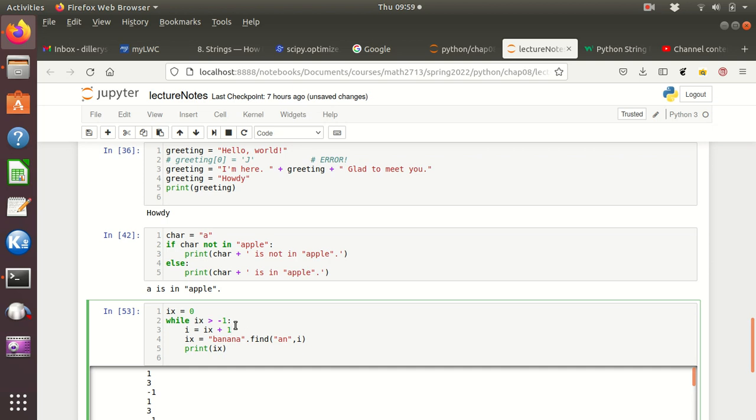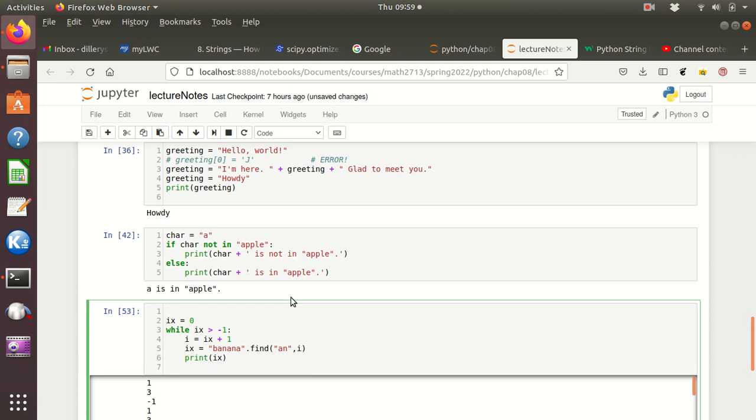And then, well, actually I need to do two things. Sometimes something that seems simple might be kind of hard. Maybe you all would have a better idea how to get at this, but I'm going to let I equal -1,